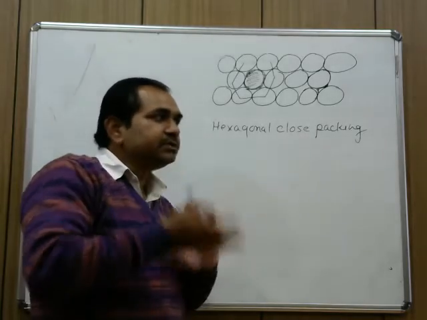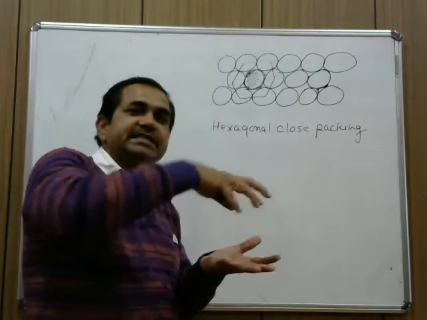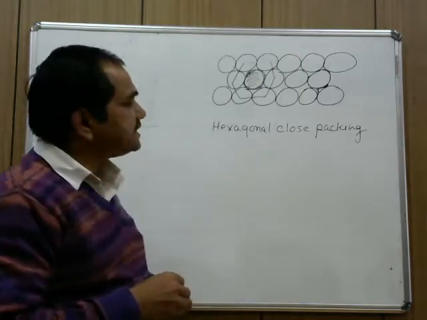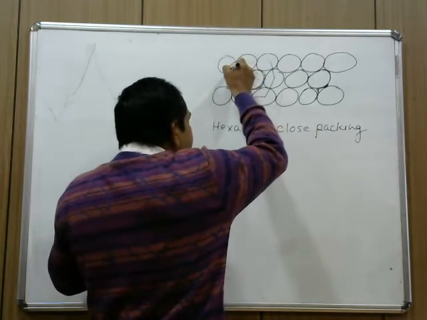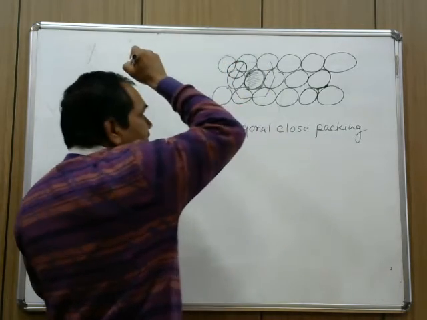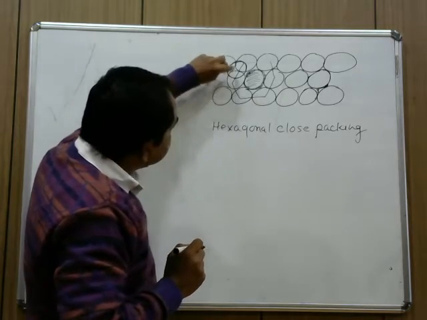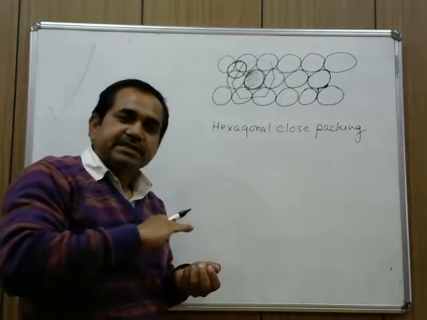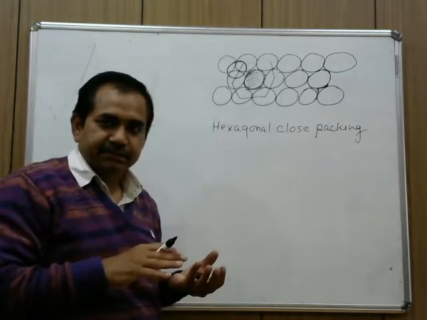Now once it is extended to 3 dimensions, how can the second layer of spheres be stacked? Stacking of the second row of spheres is done in such a way that it covers these voids, in this way. So these are the spheres of the first row and this sphere is of the second row. Once stacking of the second row is complete, 2 different situations arise.